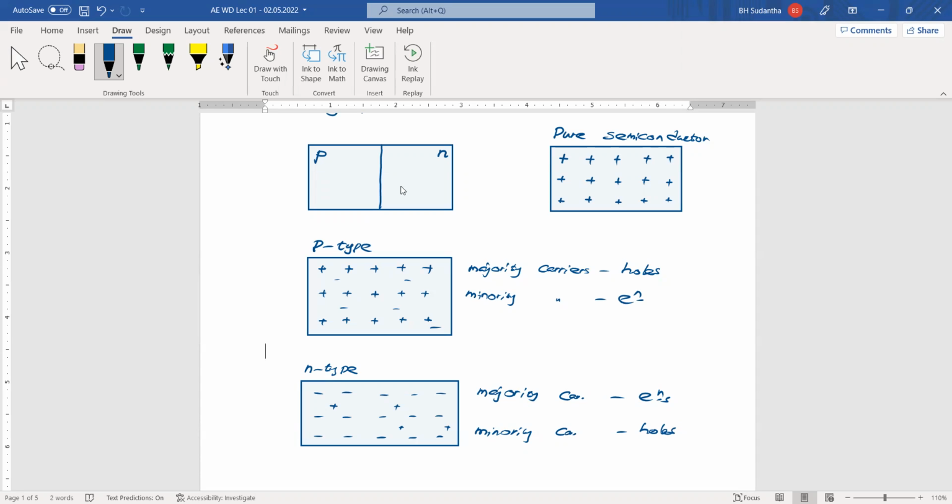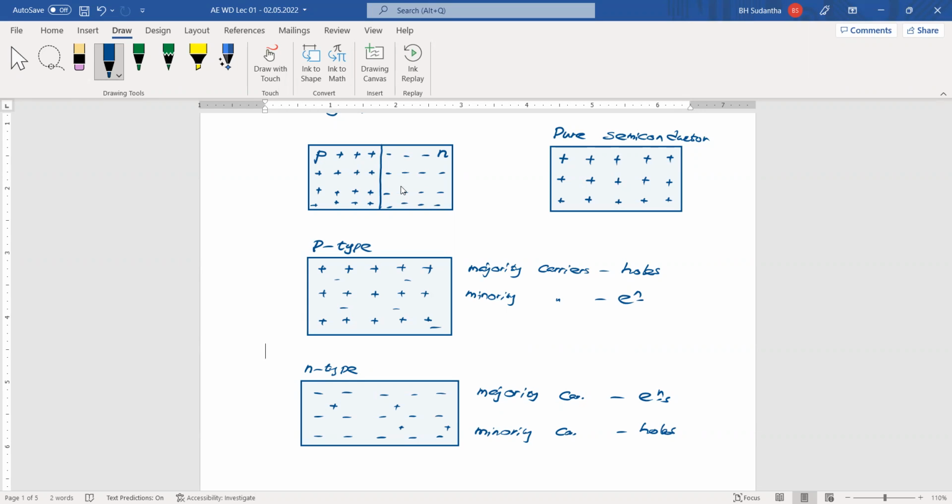Here we can find that all the positive carriers are on one side, and the negative carriers on the other side. But because of their mobility, with this barrier,